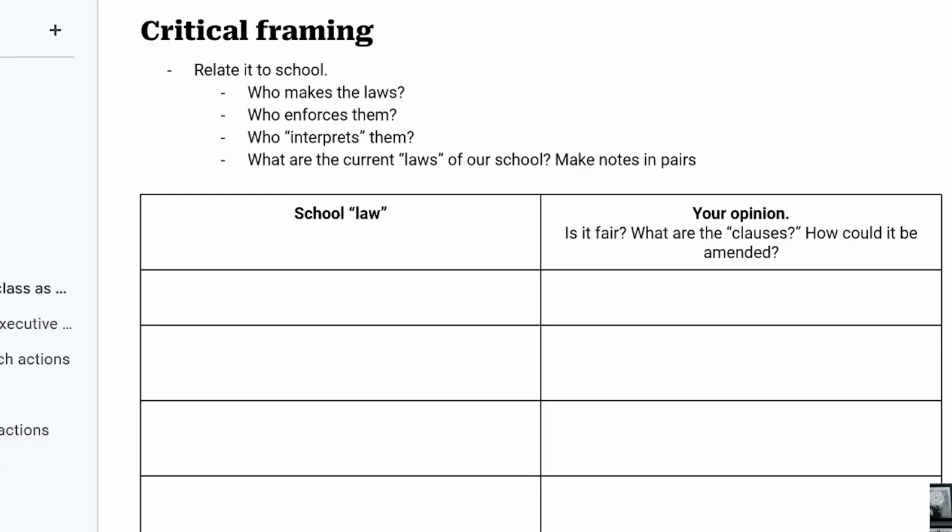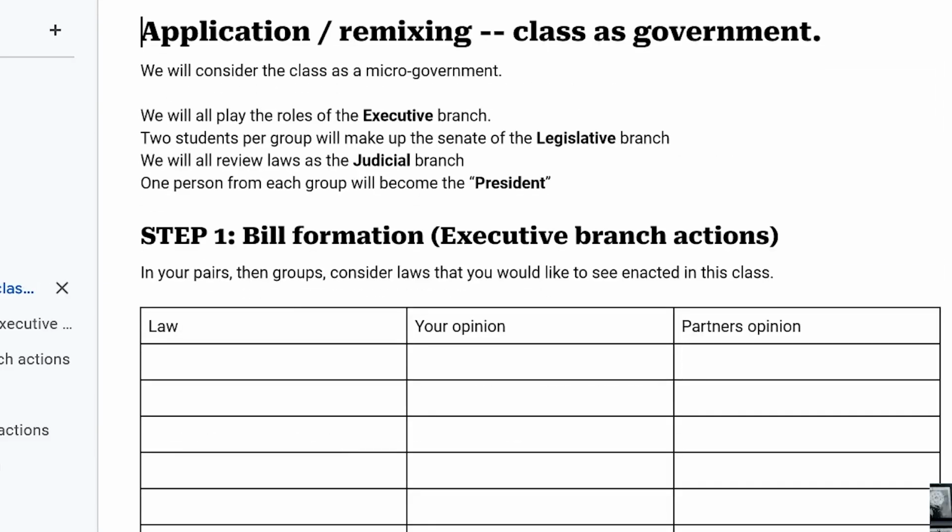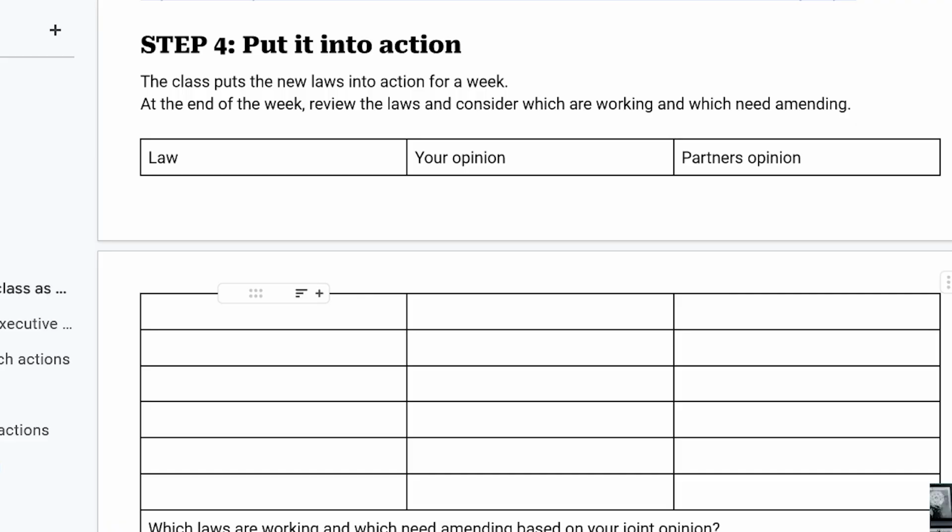So you're doing the same activity again in a different space, different time, even revisiting it with that amendment process, which I think is super cool, and slowing down to really ensure that kids understand what it is they're talking about. Super smart. I wish I would have had that idea of actually experiencing it for real, right? The idea of experiential learning there at the end, to be like, well, I've learned about it through a kind of simulation, I kind of got it, but how does it actually work? Let's do it. Let's actually enact it.